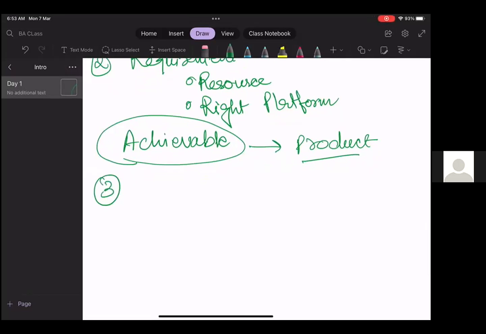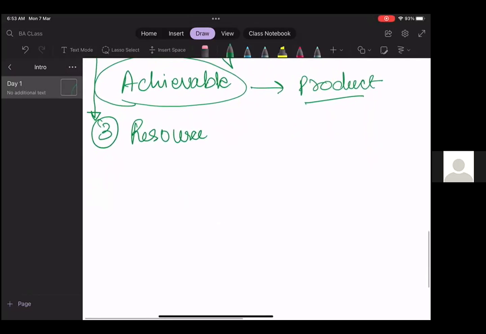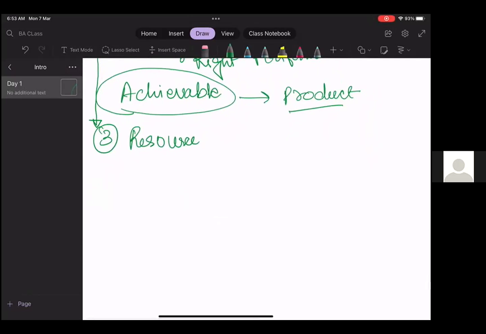Third is allocating resources for the project. It is the same resource because we have to understand whether there's sufficient resource with the stakeholders or if there's anything that they want from us.